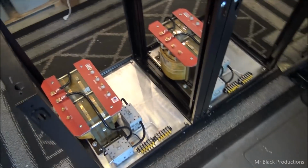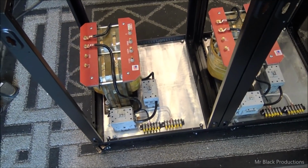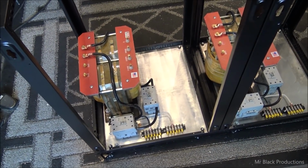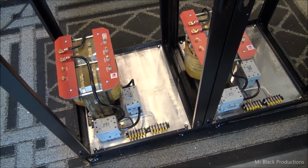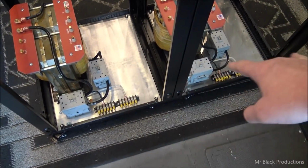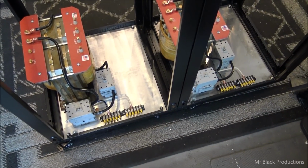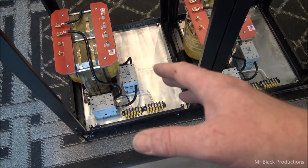God, I can't even imagine building a 10 in this small of a cabinet. It'd be like the smallest 10s in history. But it is doable. Anyhow, I'm planning for the future, and it never hurts to have bigger wire. Never. So, got the distribution buses in for the 110 volt each leg, and got our soft start contactors in